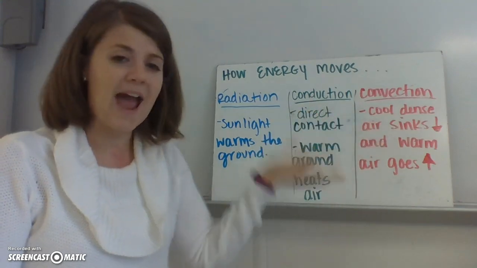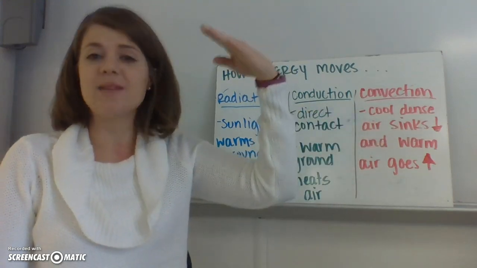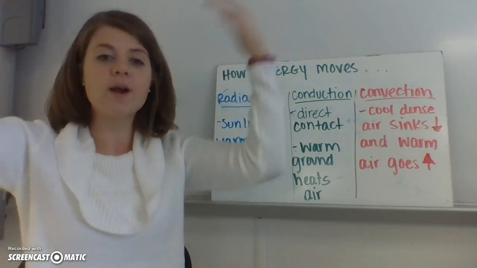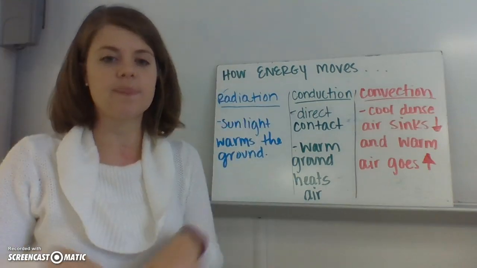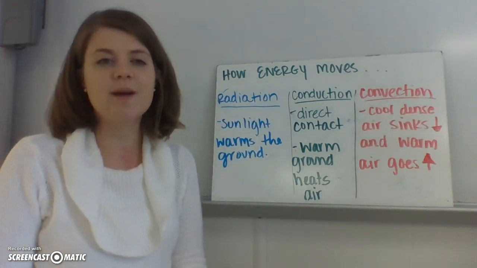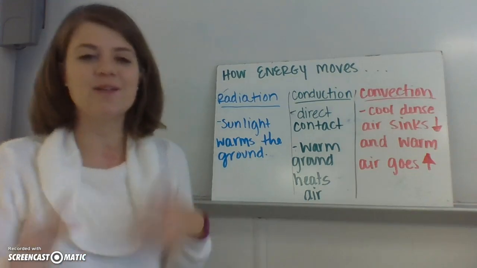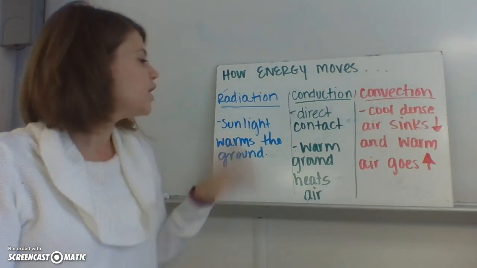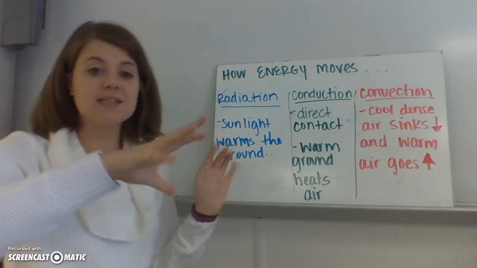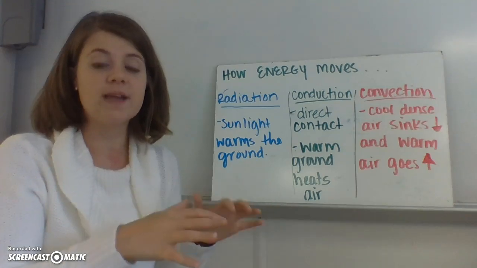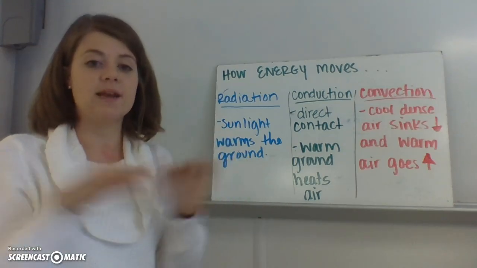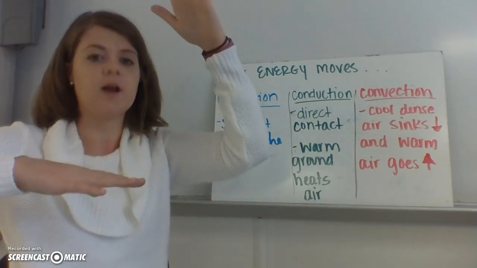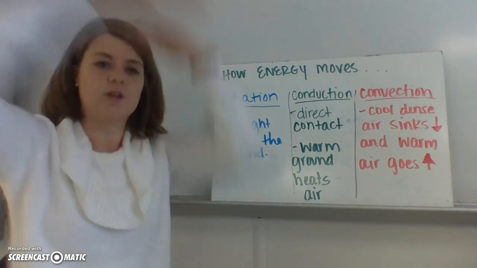So, have you ever been in a house and been on the second story and it might have been a little bit warmer up there? Why? Because that warm air goes up, that cool air brings down. So let's think about a beach. The sunlight radiates down, it hits that sand, warms it up, the air above it gets heated up, and then convection brings that warm air up, brings down the cooler air. Then it's heated again, circulating throughout.